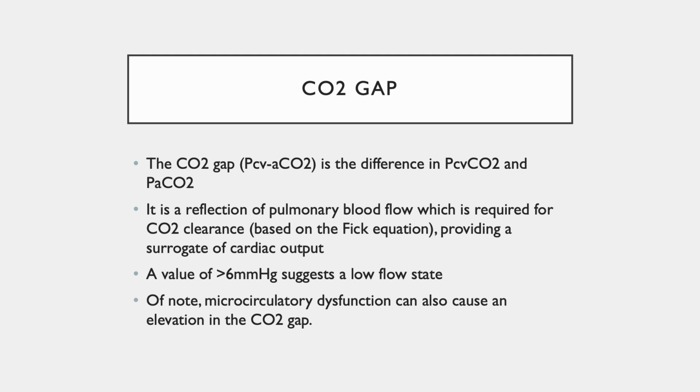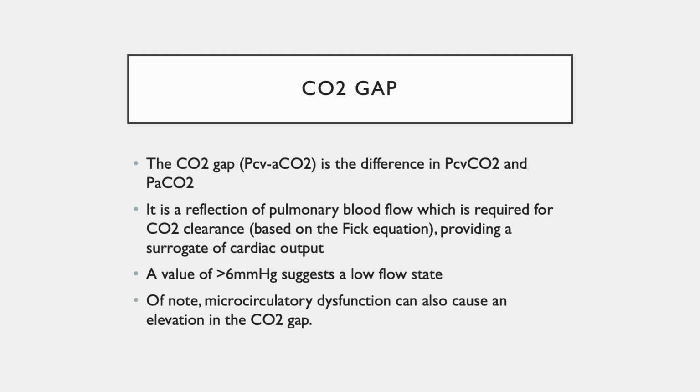This value is inversely proportional to cardiac output based on the Fick equation that states that carbon dioxide excretion should equal the product of cardiac output and venous to arterial CO2 difference. As such, when ventilation is stable, a low cardiac output state causes an elevated CO2 gap of more than 6 mm mercury. Physiologically, this can be explained by the CO2 stagnation phenomenon, wherein delayed transit time of red blood cells